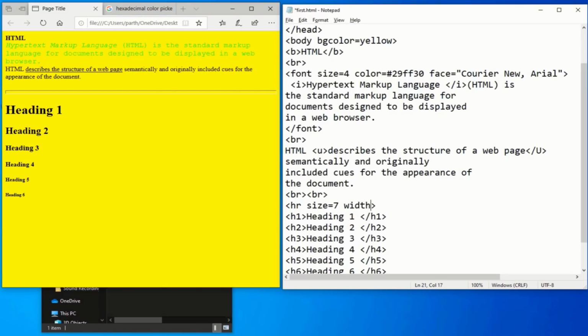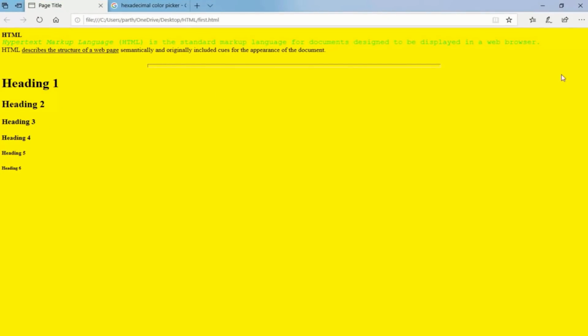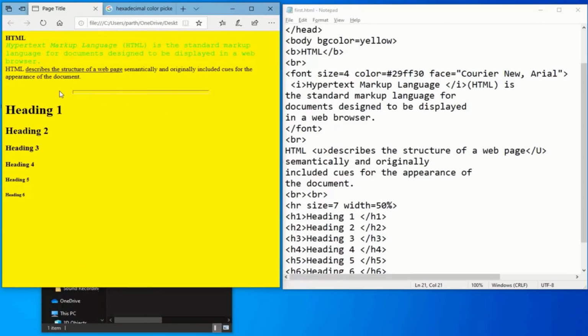If we set the width attribute to 50%, then the horizontal line will display 50% of the page. If we maximize the browser, then you can check the horizontal line is covering 50% of the page. It is adjusting automatically with the page margin. We can set the align of the horizontal line to left, right or center. To set it, we have to use the align attribute. By default, it is center. Here we are setting the align as left.